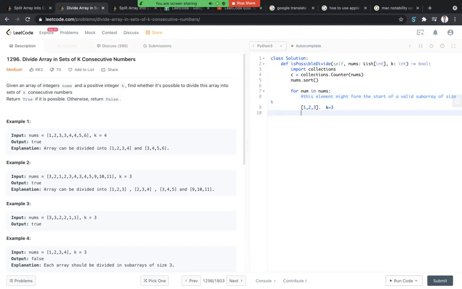And you will look over 3 of the elements in its vicinity. So at that point the frequency of 1 will be 1, right? So here you have to actually apply an if condition, right? So if c of num is greater than 0, in that case,